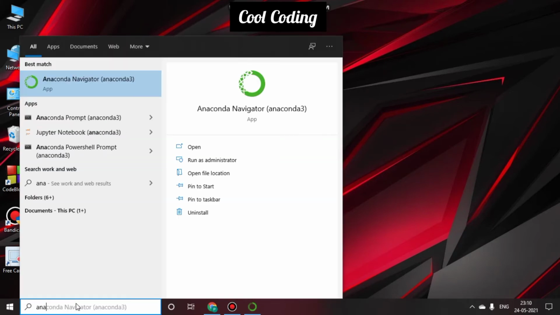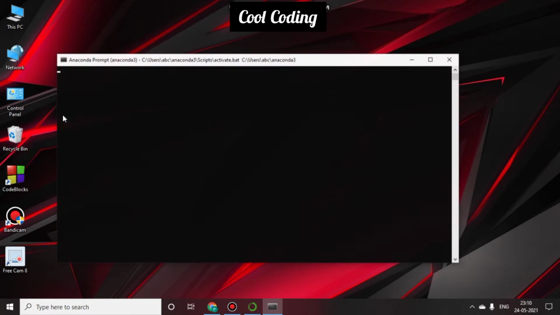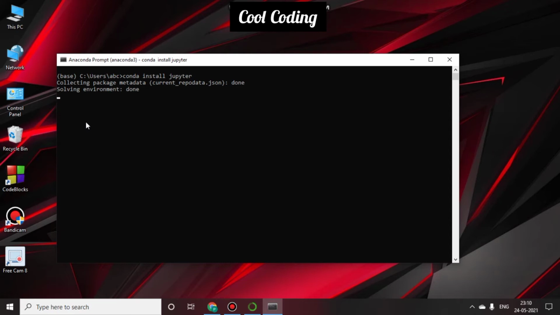You can type here Anaconda Prompt, and you have to write the command conda install jupyter. You can see the packages are being collected, and it will take some time.